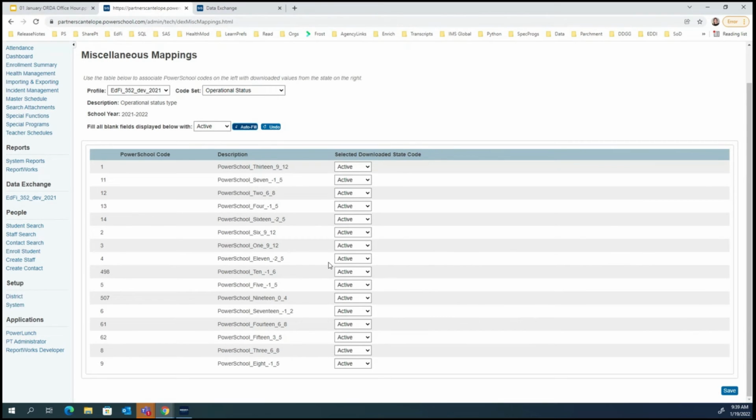and that makes it a little bit faster in situations like that. And then, if this one was no longer active, we could change that if it's closed or what have you. So I'll just change that back to active and then save that. Okay, is there anything else on code set mappings that we need to talk about before we